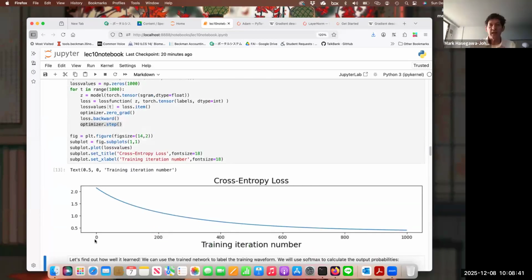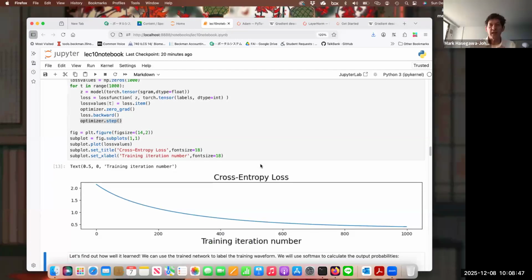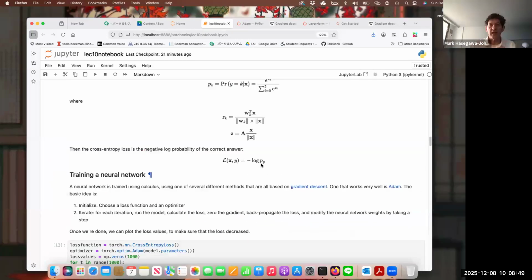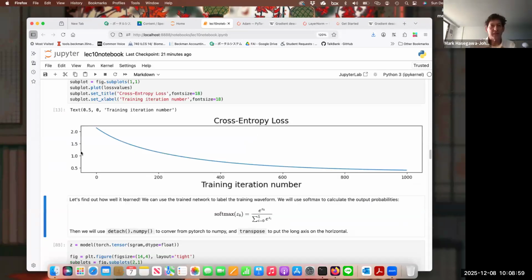And the log probability is increasing to -0.5. That means that the probability of the correct answer is increasing to 1 over the square root of 2. Right, so the probability starts out at e to the -2, and the probability increases to e to the -0.5,